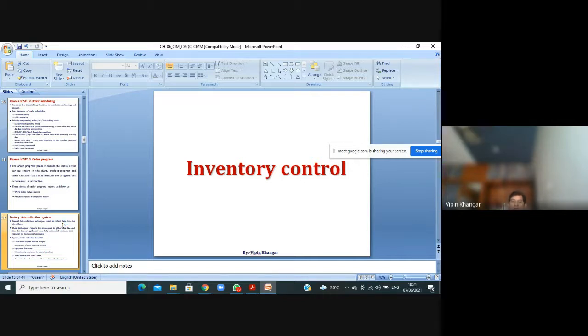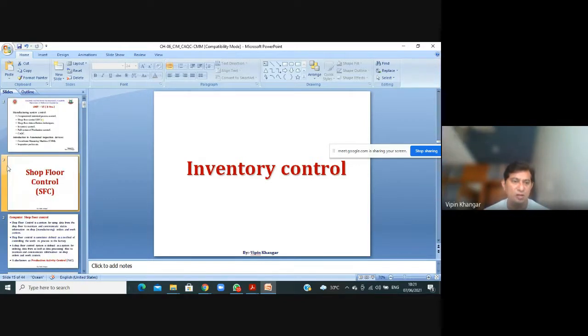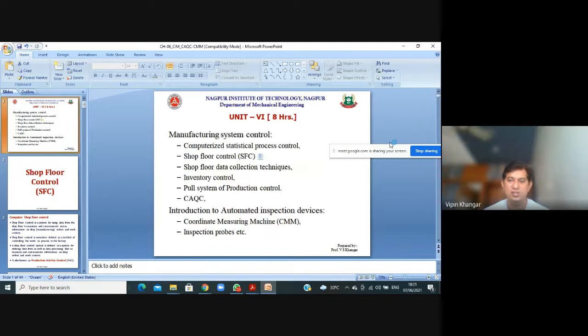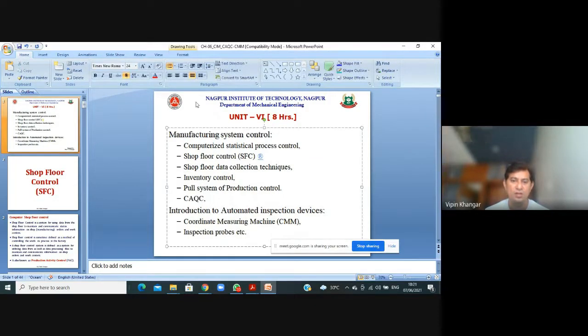So today, this is our manufacturing system control. We have covered SPC, and today we have covered shop floor control and the shop floor data collection technique.